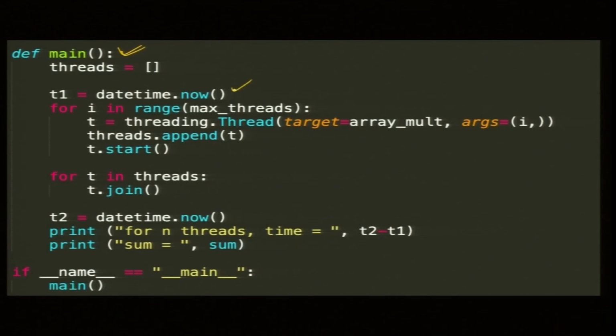So, I get the time, threads is an empty array, then I go for all the threads, I in range max threads. T is the creation of threads. It is supposed to work on the function array mult, argument is I, which is the thread index, and append, start. All the 4 threads will be started one after the other, fine, and then I join them.